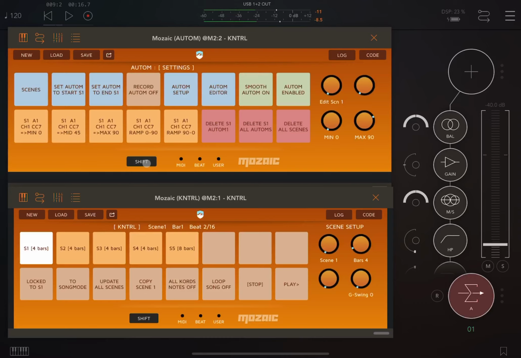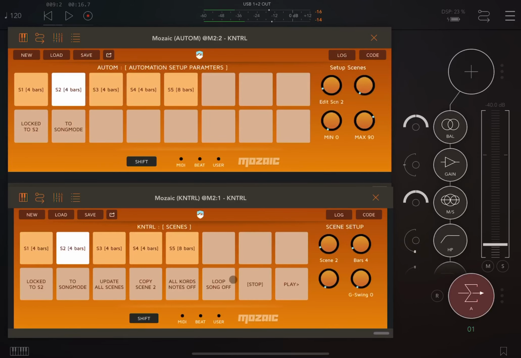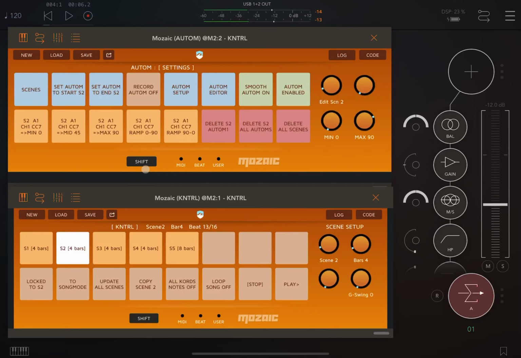Come back to the menu system. Now let's change to scene 2 and set a mid value for scene 2, and if we select scene 2 and press play, we'll see that volume is locked at the value of 45. So going back to the menu system again, let's select scene 3, and this time